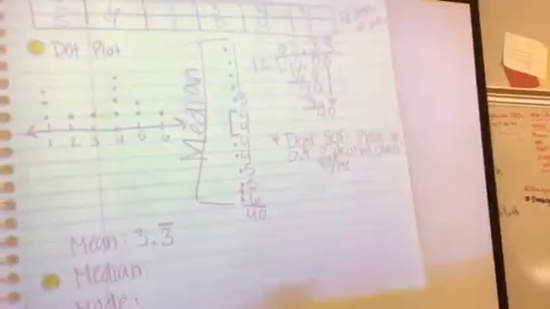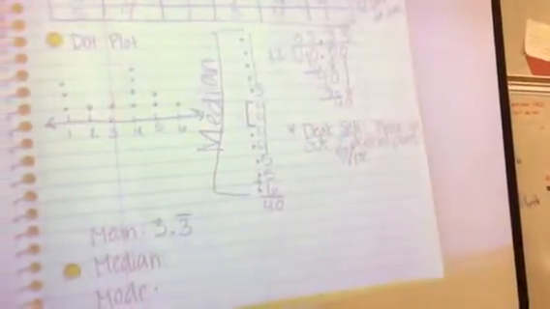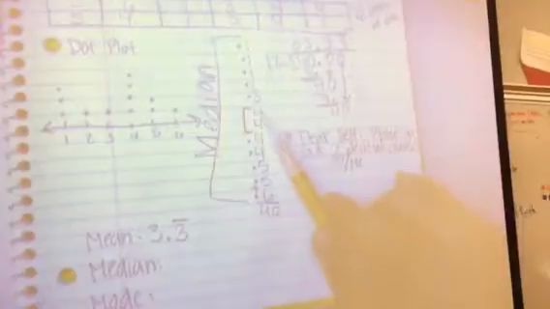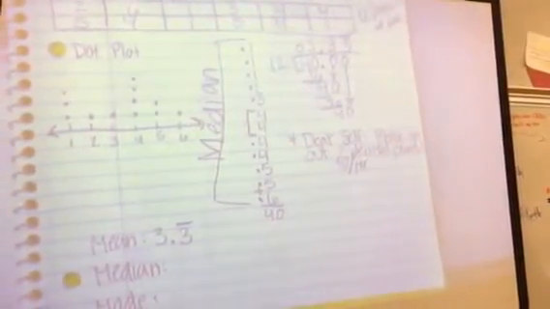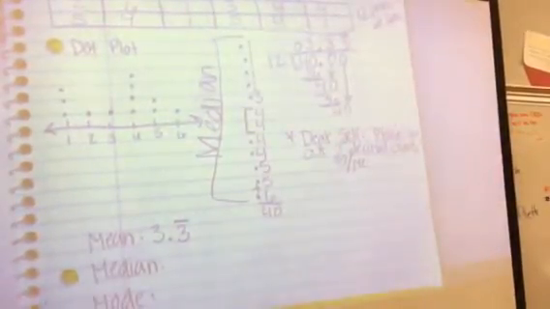Now, in this case, I have 12 pieces of data. 12 is an even number. And so when you have an even number, you're going to come up with 2 pieces of data right here in the middle. So what is the very middle of 4 and 4? Well, when you have 2 4s, you can either pick 4 or you can pick 4. So what do you want to pick? 4. Okay, good choice. So our median is 4.